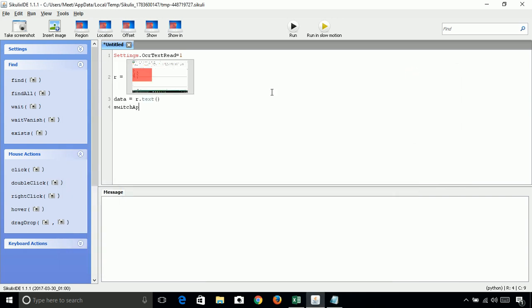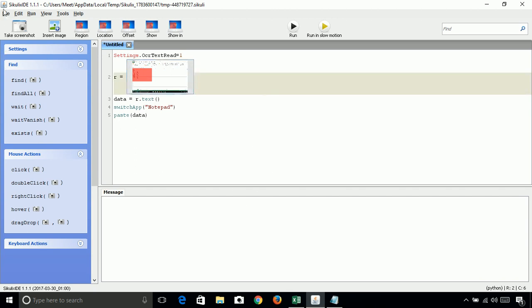We will use the switch app function here. Now the focus has been transferred to notepad, and we want to paste all the data in that notepad file. So we will use the function paste and paste the data in that notepad file.